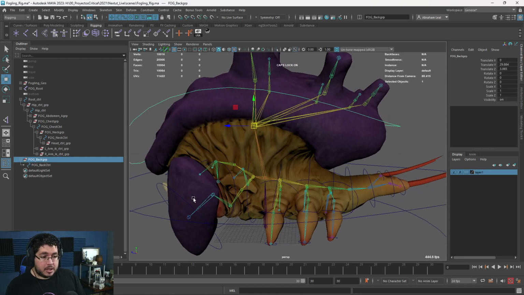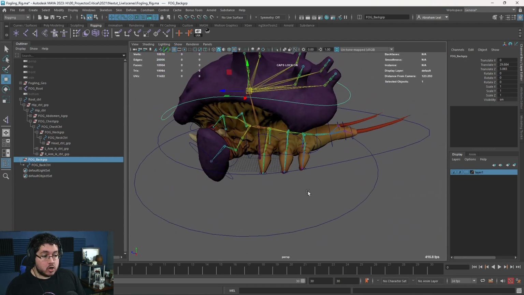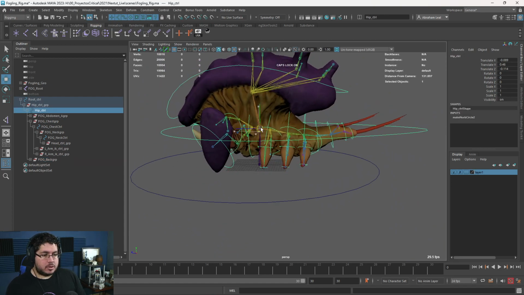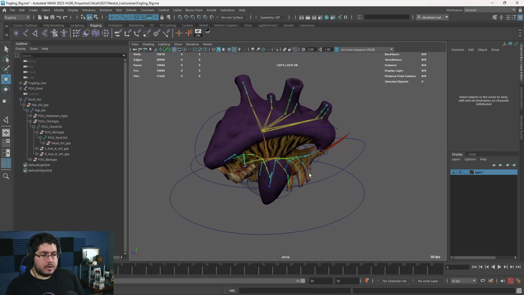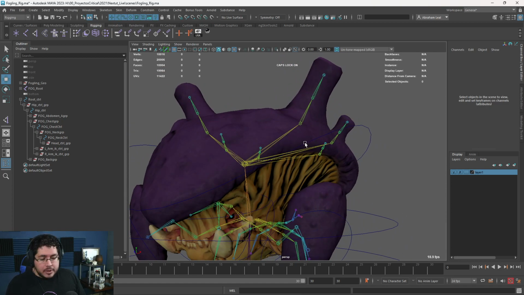Now this, where should it be connected? To the hips, of course. So we grab the group, we grab the hip control, this guy right here, we hit P, so that when the hip moves, everything else moves. Finally, we need to do the puffy effect on these guys right here. And I'm a really lazy person, in a good way, because I don't like to complicate things when I don't have to.